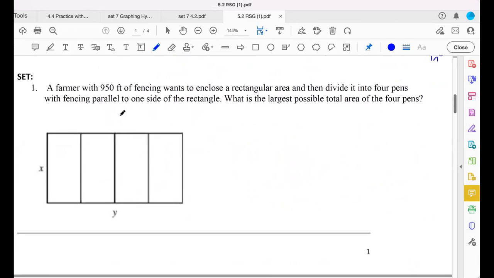If you ever go into farming, or if you ever have to, I don't know, take Integrated 3 or 4,